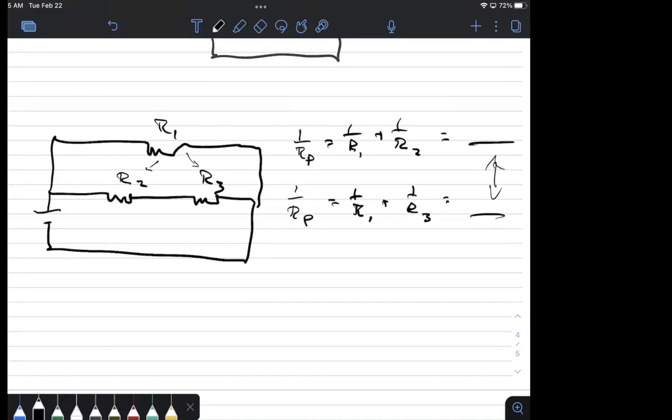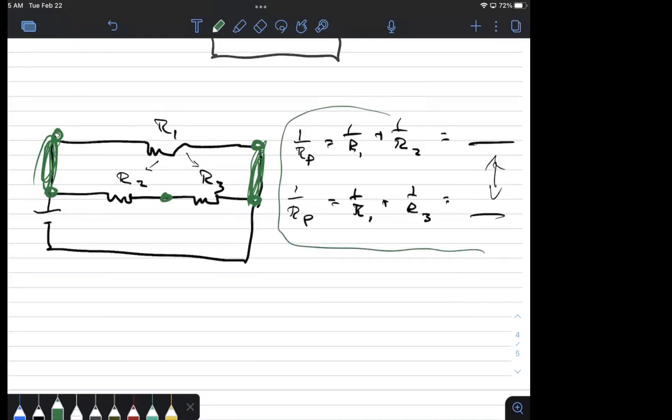This doesn't work, because that's why sometimes it's nice to look at the nodes. If I look at the nodes, this bottom path has these nodes, so R2 and R3, and then R1 has these nodes, but I know these are the same and these are the same, right? And so if this were true,